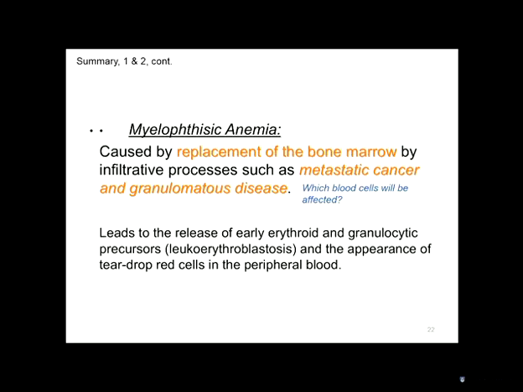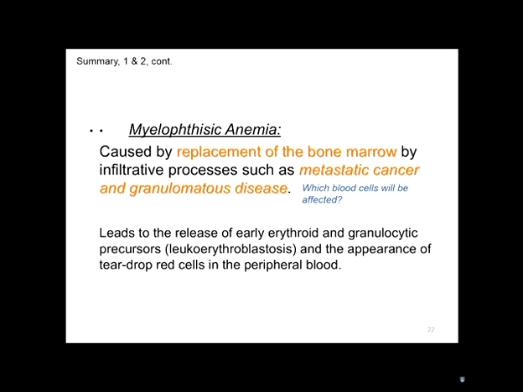So this is different from aplastic anemia because you're not just targeting the stem cells. It's not just poisoning the stem cell. The whole bone marrow space is compromised because now the space is taken up by one of these two disease processes. So patients with advanced cancer,